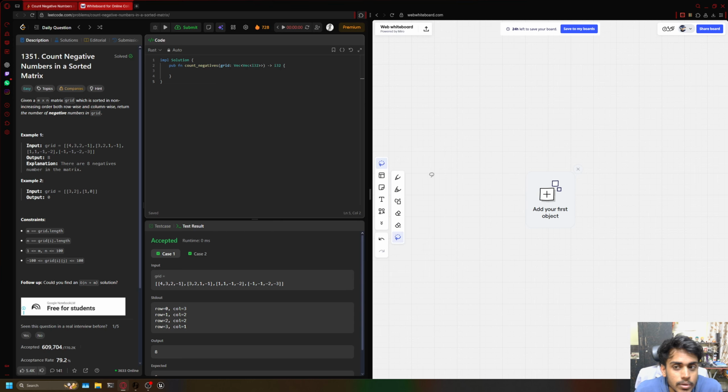Hello guys, so today I'll be solving this problem. This is count negative numbers in a sorted matrix. So the problem states that we have been given an m cross n matrix grid, which is sorted in non-decreasing order,